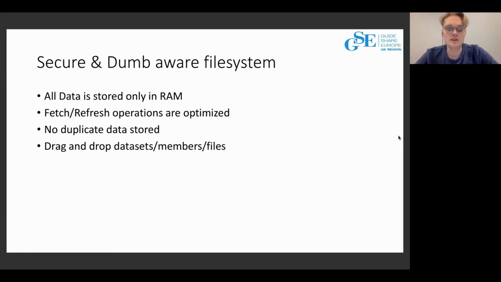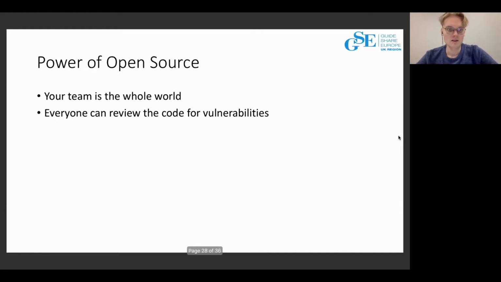For example, we can take a member from one library and drop it onto another library, and that works. We actually didn't implement it yet, but it will be done in 2 weeks, I guess.